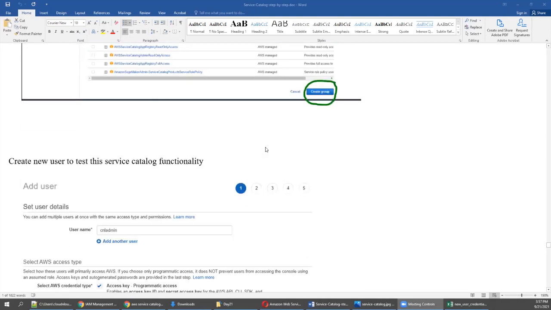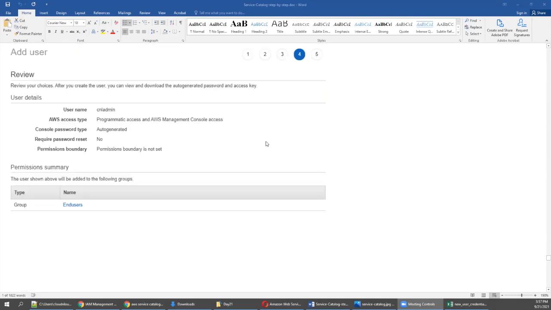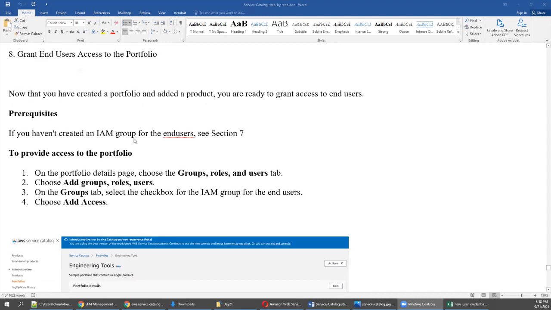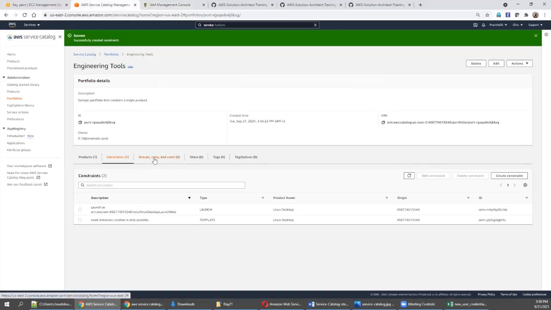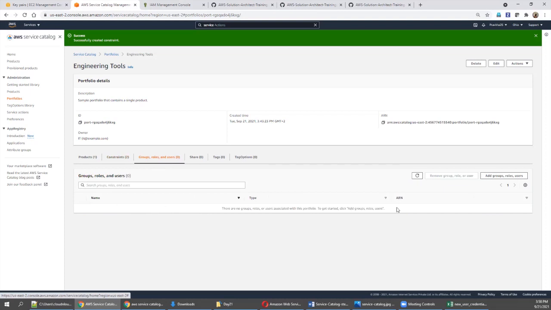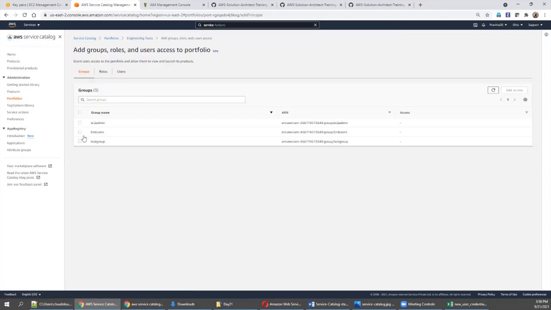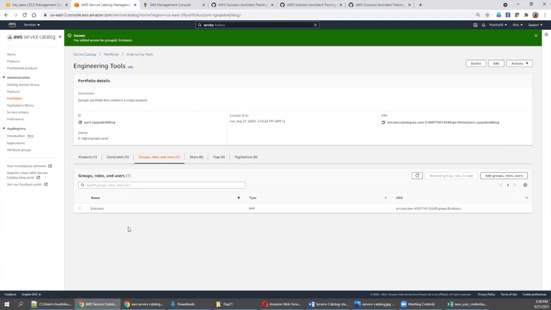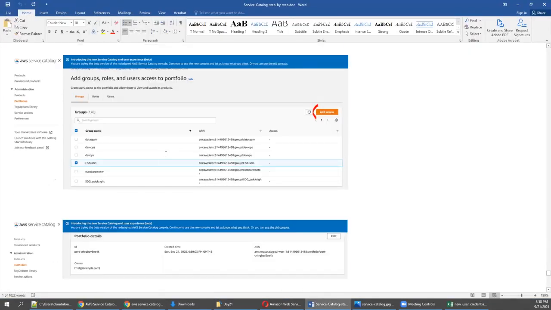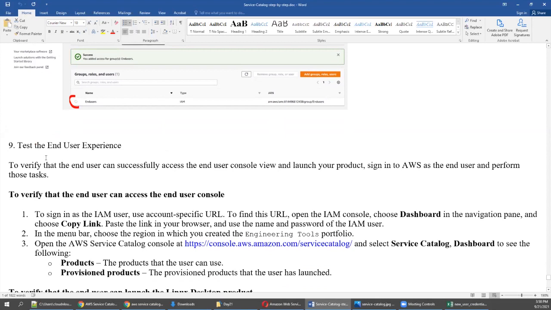So we have created a user and we have associated it. Come down. Even we are going to attach it. So go back to your service catalog. This is the tab. Right now there are no groups attached. So add groups, this group. If you add this group, automatically whoever is part of this group will also be applicable. So add. The group is added now. Go back to your document, come down. Now we need to test it.